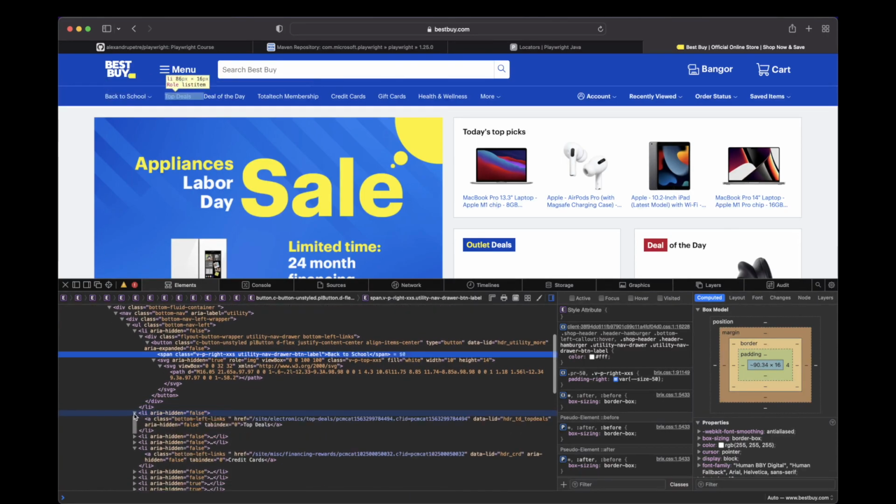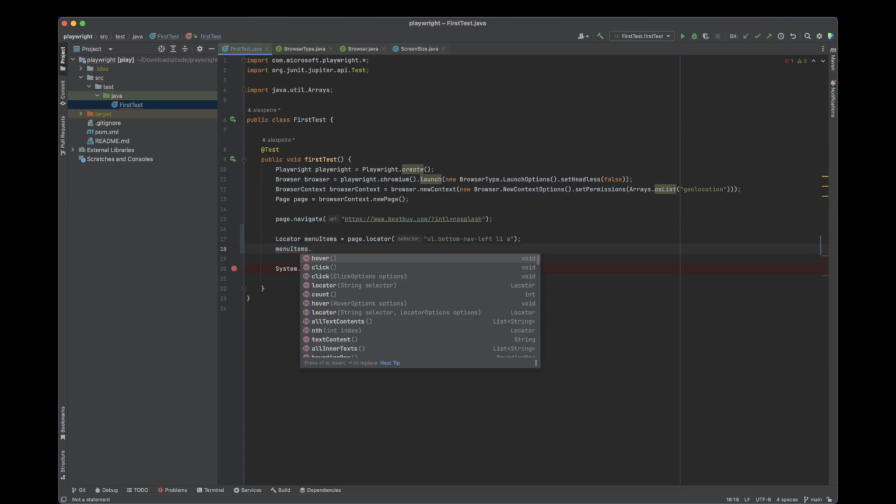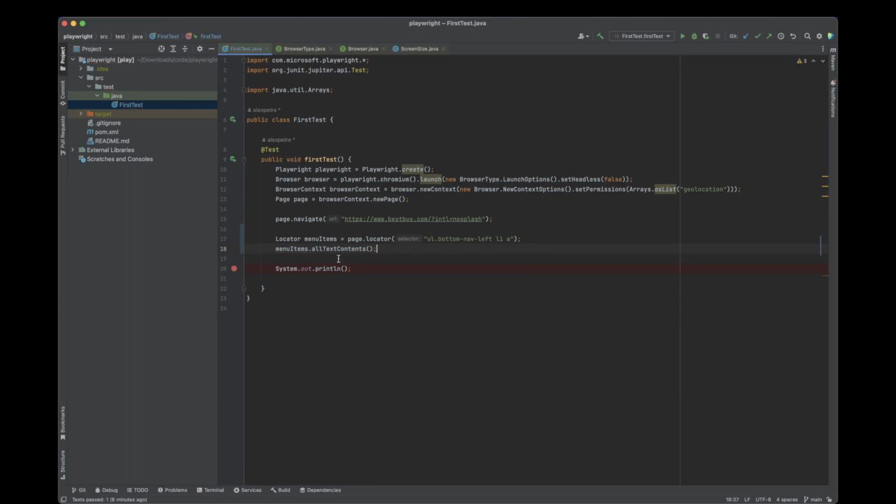So this is a span. Okay, so I will say something like this. So this will return all the links from the menu. Now at this point, I only have the locator, it doesn't identify anything. If I go and do menu items dot all text contents, this will return an array with all the text values